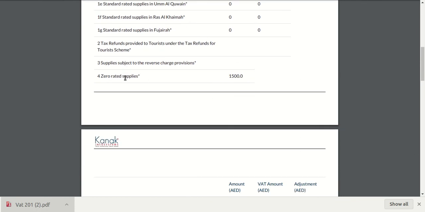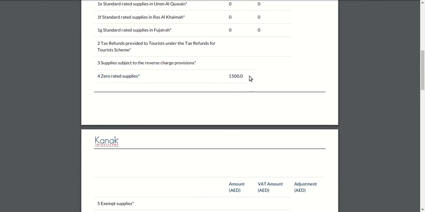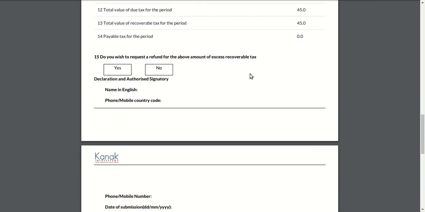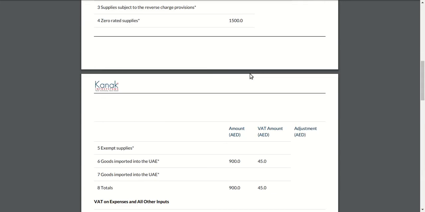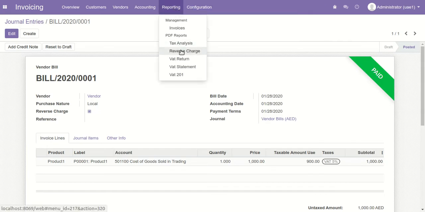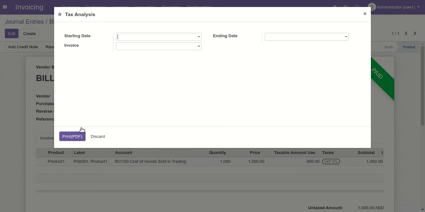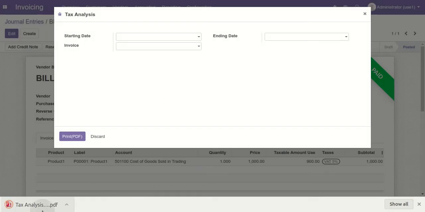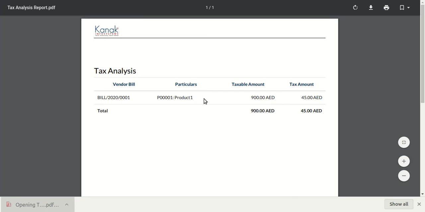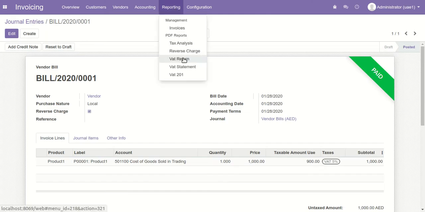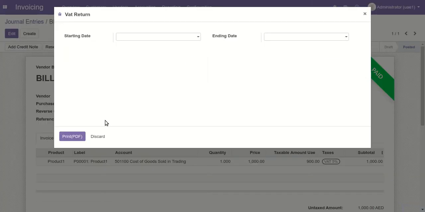Here we can see supplies under some sections, and we can also see the tax analysis report, and we can apply some filters. Here we can see the tax analysis report and the VAT return report.